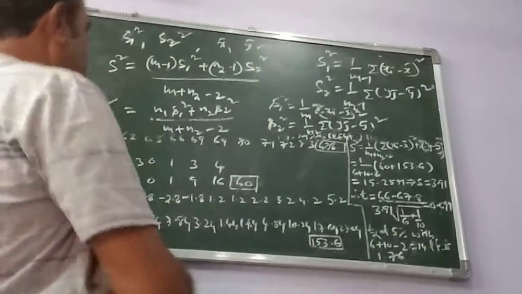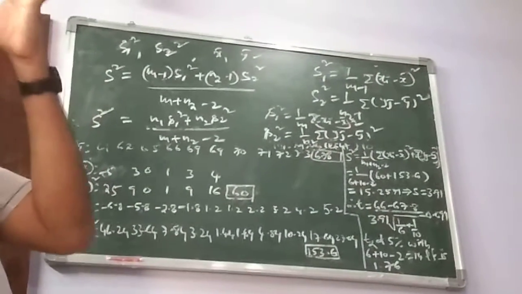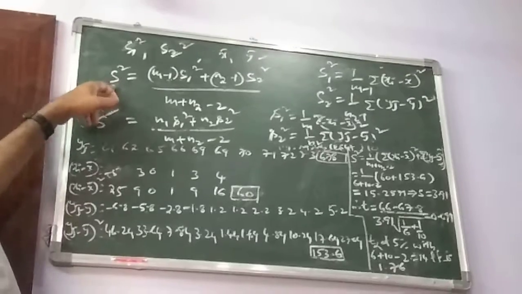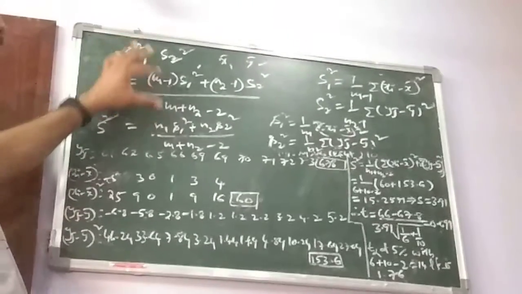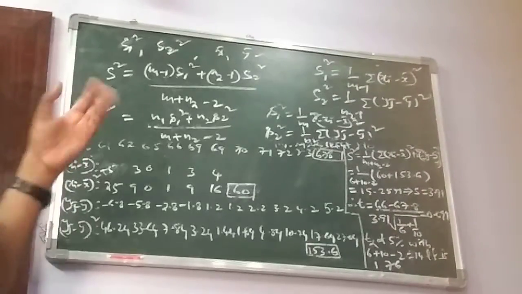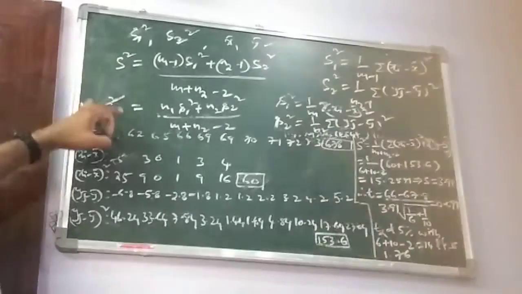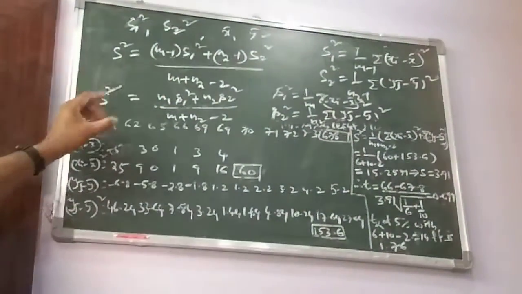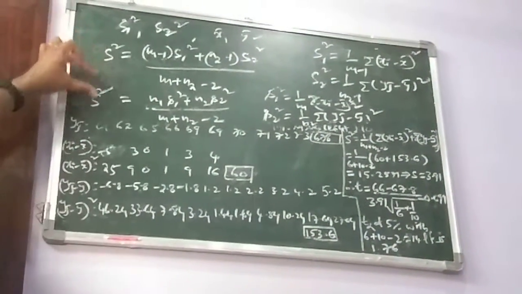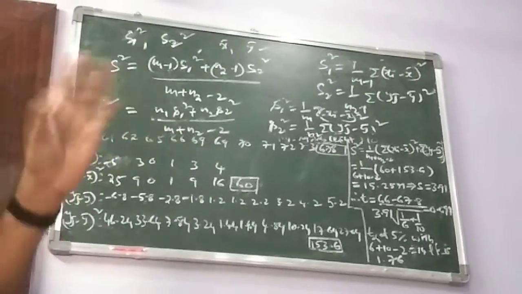I will suggest both, but the small s square value will be different from the capital S value between this formula and this formula. So we will ignore that difference, no problem. The conclusion will not change whether using this formula or this formula. The conclusion never changes, but the capital S value has a little difference from this formula to this formula. We will ignore that.